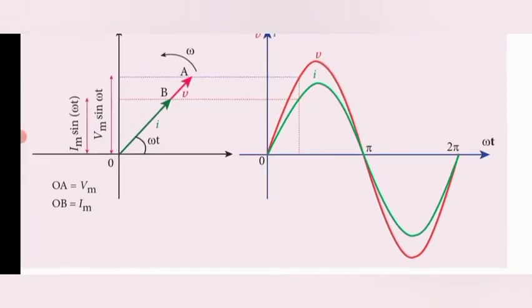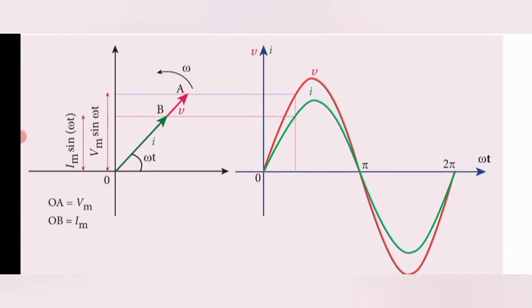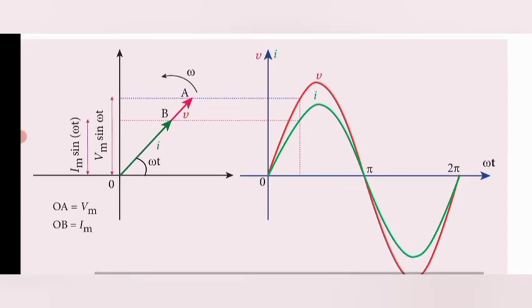The red wave represents the voltage, and the green wave represents the current produced by the voltage. The phasor diagram also denotes the maximum voltage and maximum current value, which we indicated with the arrow symbols here. The red arrow represents the voltage and the green arrow is the current value, and both start from the same phase, that is angle omega t.